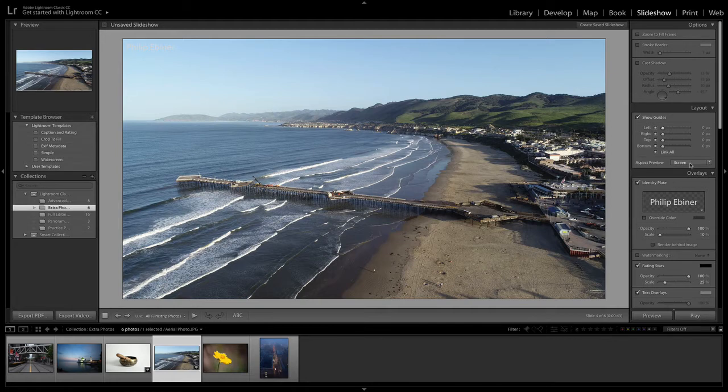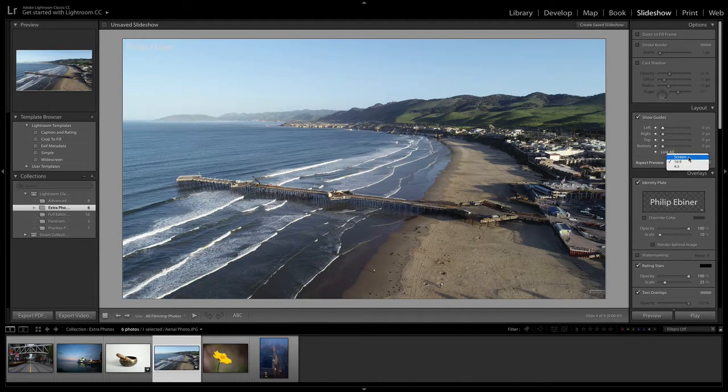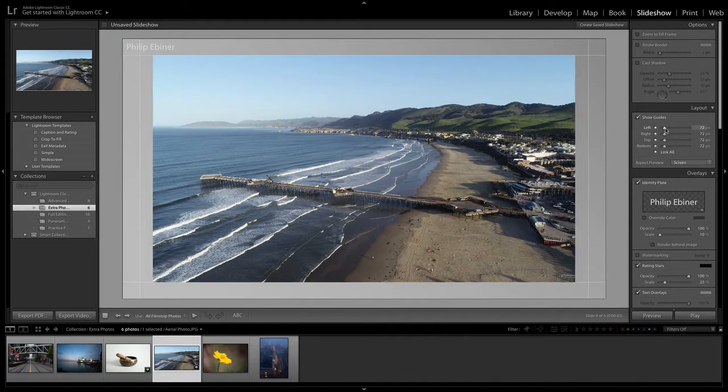Now the aspect ratio preview is going to show you what it looks like on a 4:3 screen versus a 16:9 screen versus the screen that you're using right now, which is also 16:9, my computer desktop screen. So that's pretty cool if you want to adjust how big or small the photo is in your frame.